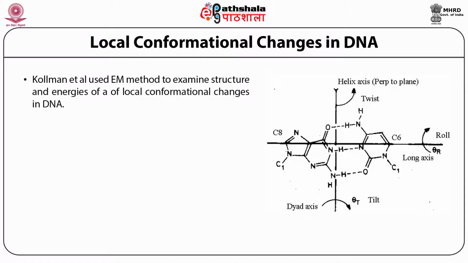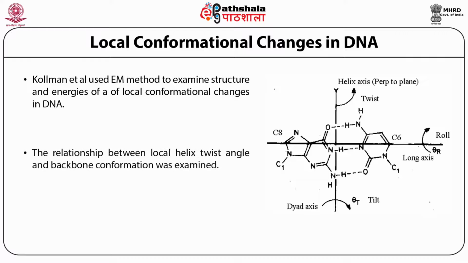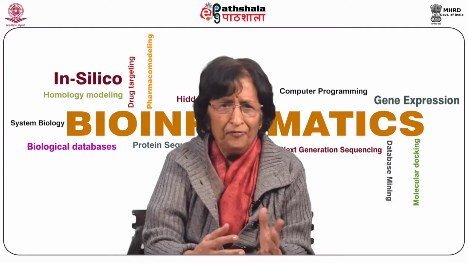Coleman's group used the energy minimization method to examine structure and energies of local conformational changes in DNA. We show here the typical helix axis, long axis, and the dyad axis about which the rotations were monitored. The relationship between local twist angle and backbone conformation was examined by them. They also examined the DNA melting curve. A number of authors